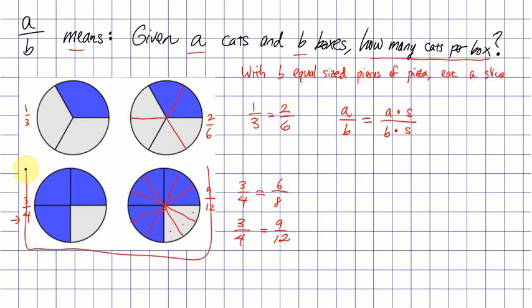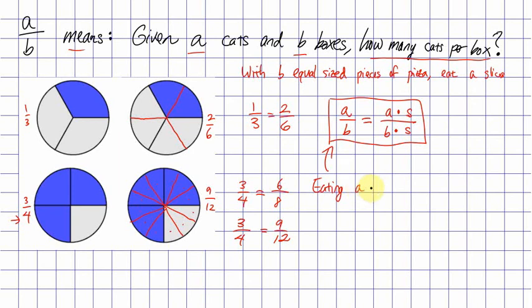by just saying something that generically covers all of the cases all at once. And so the reason why this formula, a over b equals a times s over b times s, is true is you can say something like this. Here's the explanation. Eating a slices from a b slice pizza. Gotta be careful, there are 2 a's. This is the English word, here's the number a. So eating a slices from a b slice pizza, I mean, pizza with b total slices,